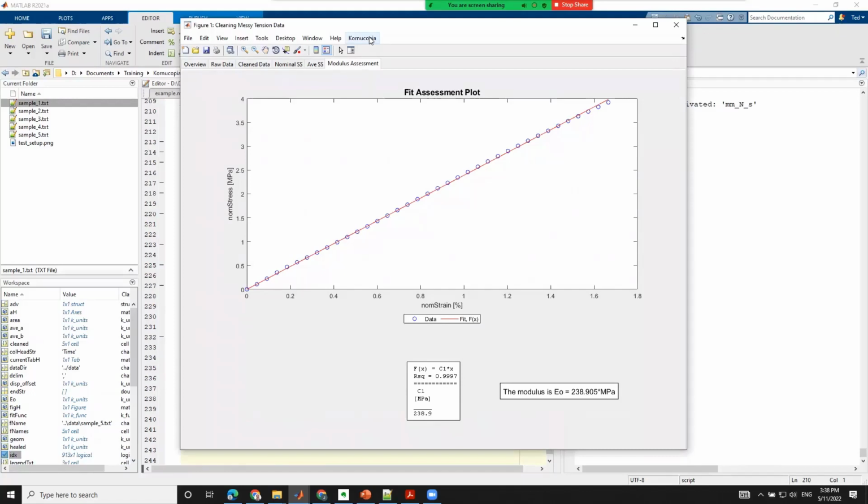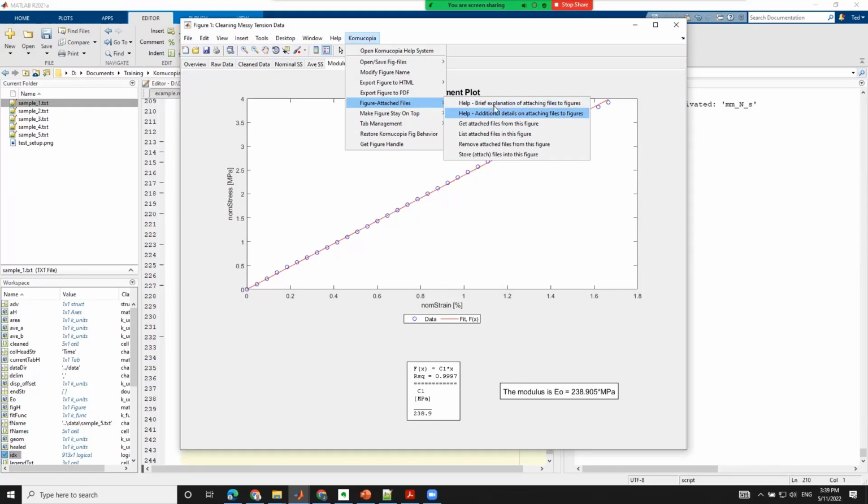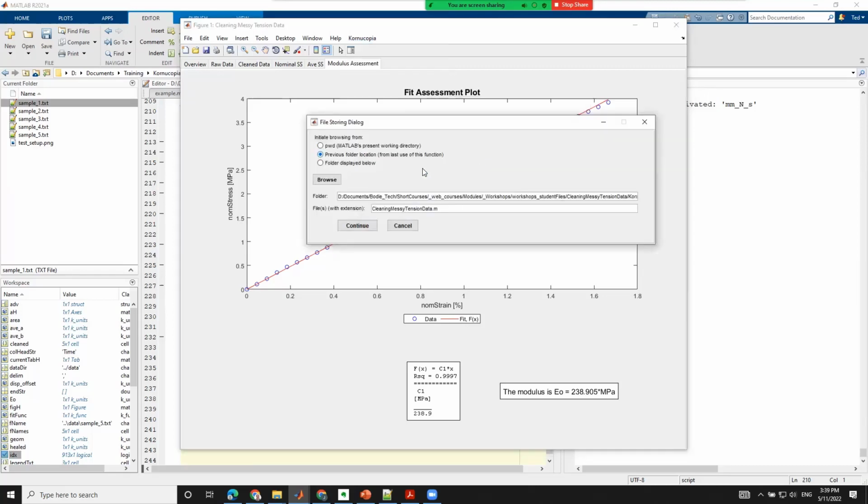Now, something I didn't show before. Before I go save the figure, I can attach things. This will explain what you have. You can get a list of what you have attached. You can remove the attachments, things like that. Here, we're going to store something to the figure file. I'm going to start browsing from where my working directory is, which is, stop